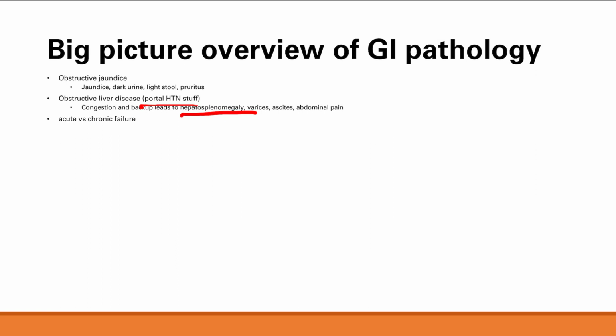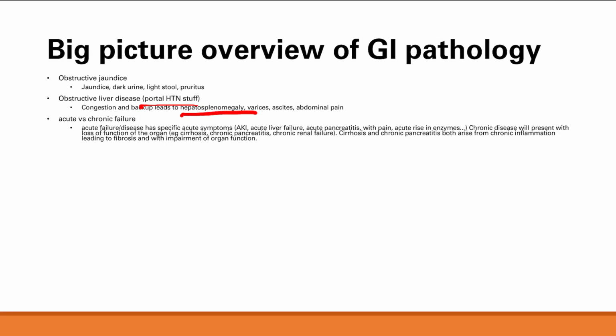So next thing I want to talk about is acute versus chronic failure. So we have acute failure of the pancreas, of the liver, you can even draw relations to the kidney, and these all have very specific acute symptoms, okay? However, chronic disease is more associated with loss of function of the organ. So we see that in chronic liver disease, which we call cirrhosis, or in chronic pancreatitis, where you have pancreatic insufficiency. All the same thing for chronic renal failure. You just have failure of what the